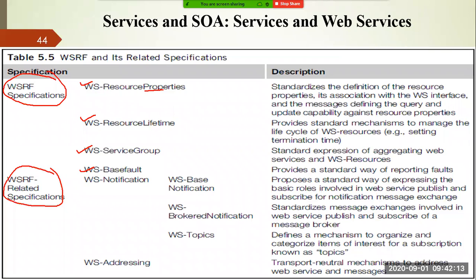These properties of the resources, like the properties of each and every file, are maintained by WS-ResourceProperties. It standardizes the definition of resource properties and their association with the WS interface, and the messages defining the query and update capabilities against resource properties. Any message you want to put as a query, or anything you want to update, you can use WS-ResourceProperties.